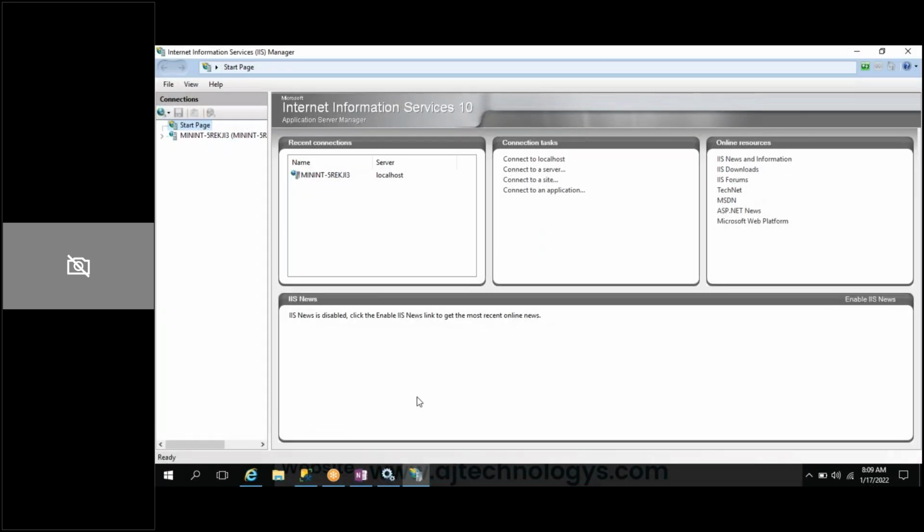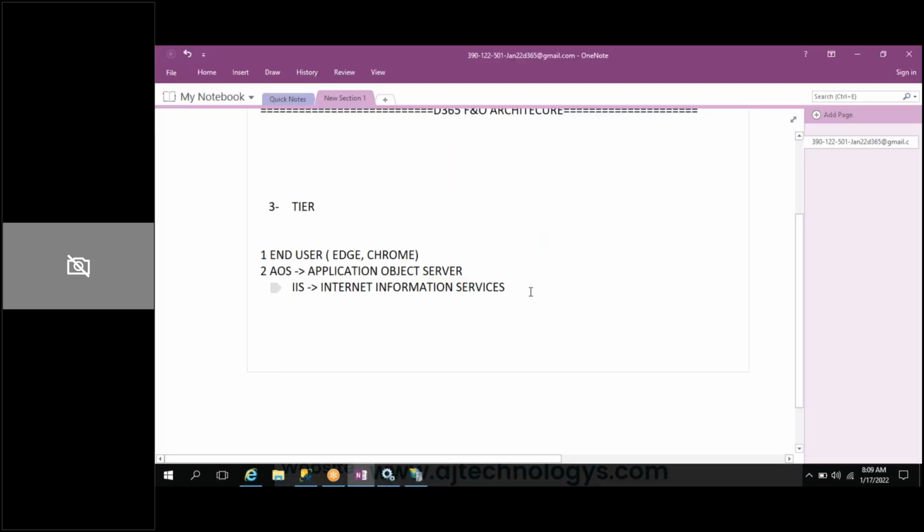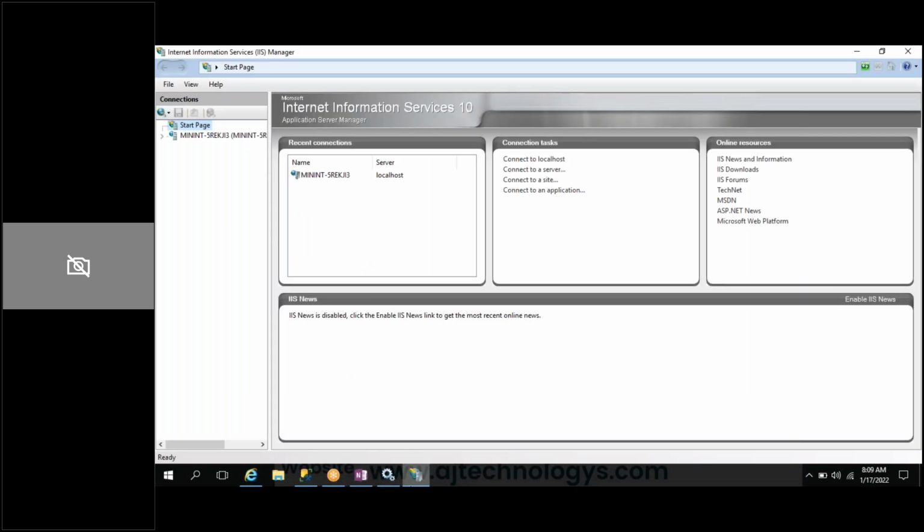Inetmgr means internet manager. Here we can host our websites, but here there is no chance to host our site because Microsoft has already hosted our Dynamics 365 site. So we are going to use that.